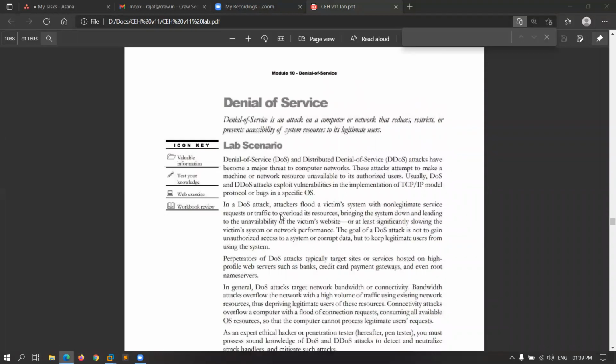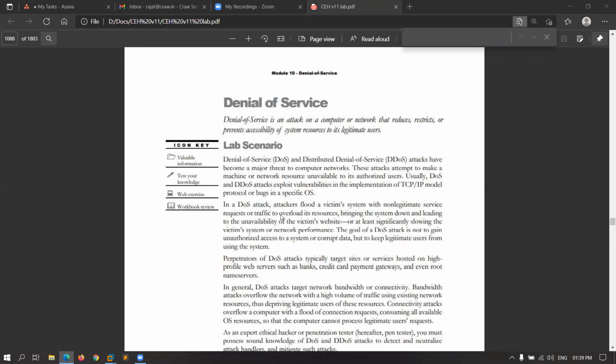So what is basically DOS? DOS means denial of service, and denial of service is an attack on a computer or a network that reduces, restricts, and prevents accessibility of a system resource to its legitimate users. So who are the legitimate users? The users whose account is on the website.